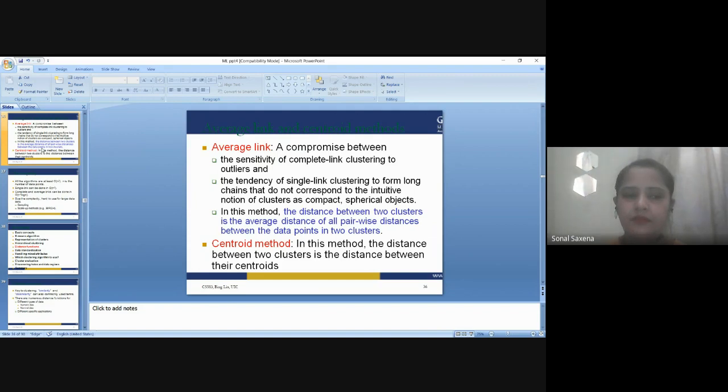And then we have the centroid method. In the centroid method, the distance between two clusters is the distance between their centroids. So even this point can be taken up. This is a common method, but it applies only where the clusters represent a shape which is spherical or circular in nature. Only in that case can you use the centroid method. Otherwise, the centroid method is not successful in every scenario because the shape may be deformed.